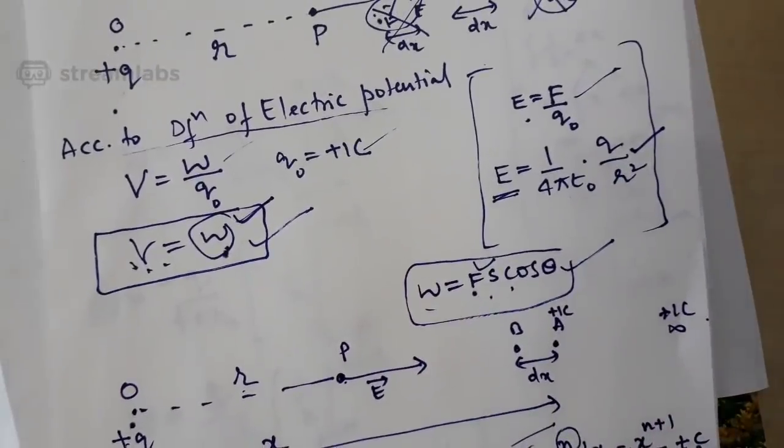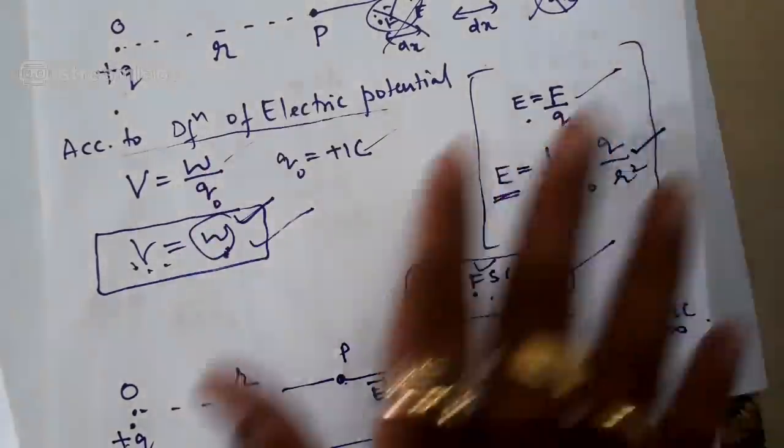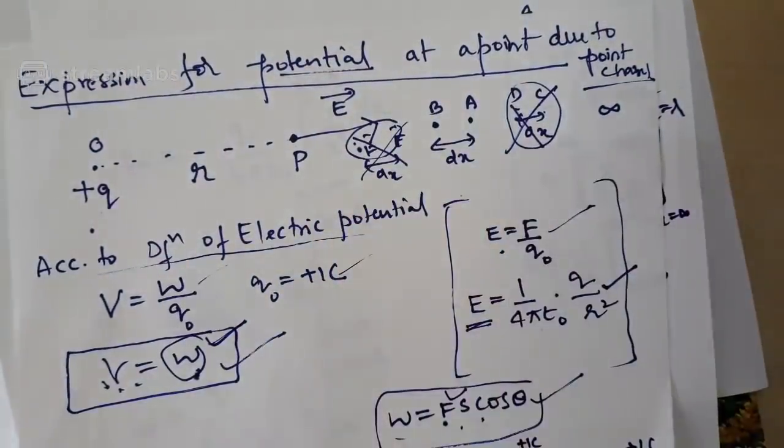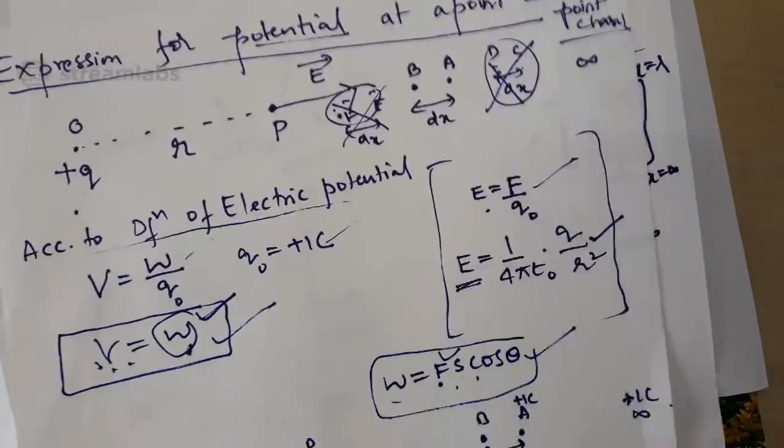So to overcome that problem, we use the logic we came across last year in physics. What we did is, we assume that from point P to infinity, the entire distance is divided into a number of small displacements, each of equal displacement dx. Assuming that in each dx the electric field is one uniform electric field. Of course, in different dx the electric field is a different value, but in one dx the electric field is uniform. In the next dx the electric field is another uniform value. So that I can say that for each dx the force to be applied is constant.